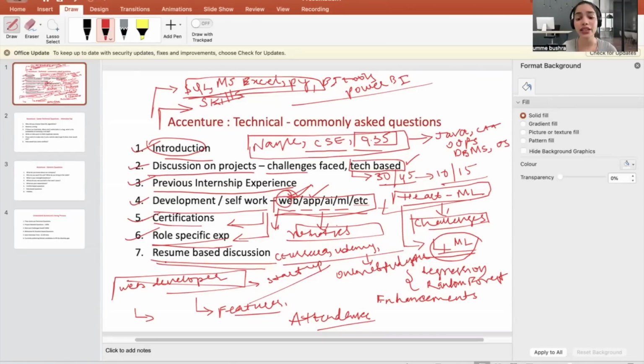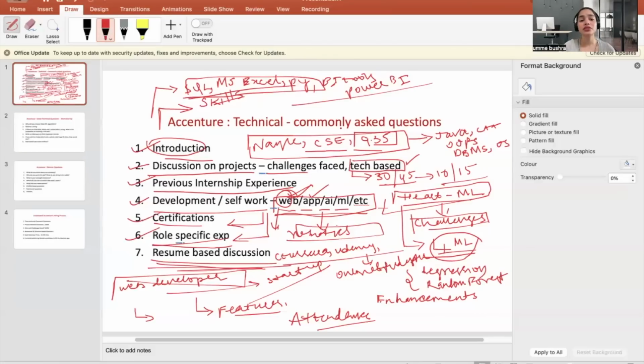So think about this. The interviewer does not know you. He does not know that you exist. He does not know what your skill set is, or what your weak and strong points are. All he knows you via is a piece of paper that you have given to him called a resume. So if you are very honest on your resume, if you mention skills that you really know about, it is going to help you, because now the interviewer knows these are the skills that you know, and he's only going to ask you questions on the basis of your resume. That's why it is very, very important to have that resume-based discussion.